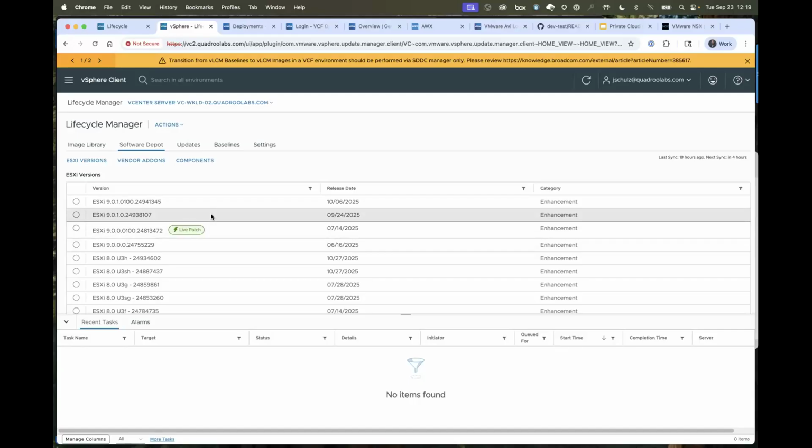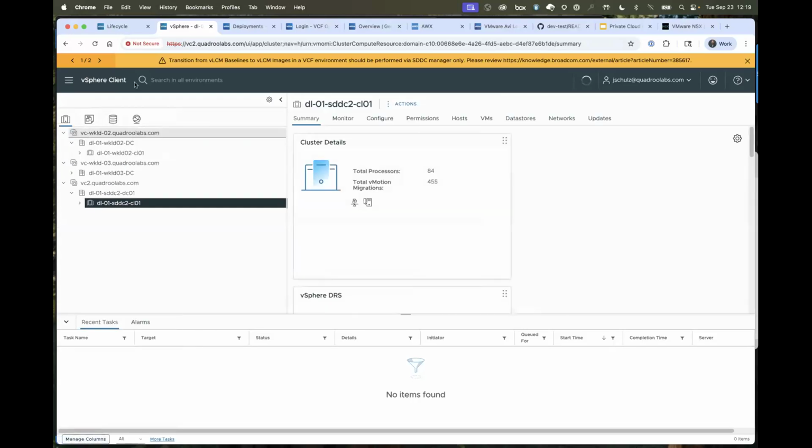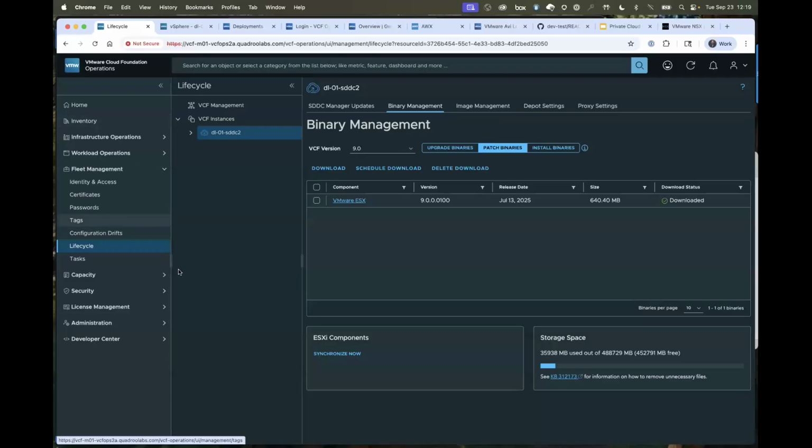Again, an effort to optimize the management and operation of the environment here. So that is the live patching. And that is the lifecycle, so many great capabilities. Questions, keep those questions flowing. I'm loving it.